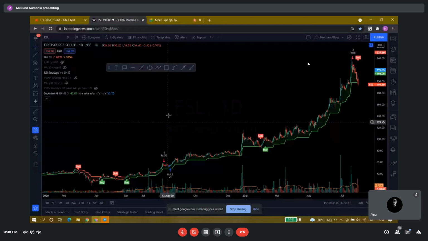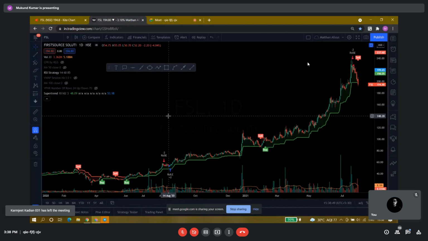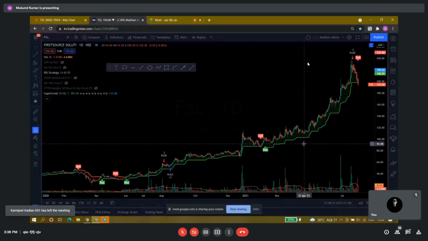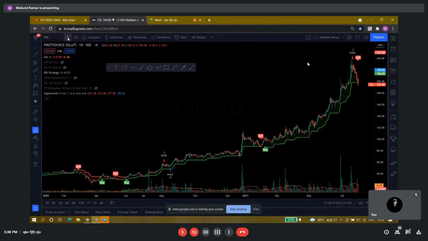Long-term investors, who can generally wait for more, can follow this daily chart using this super trailing stop loss indicator on a daily chart. For those who are long-term investors, obviously they can wait. There is no issue, but obviously this will increase their risk. So this will increase the trailing stop.